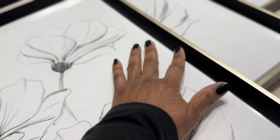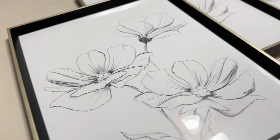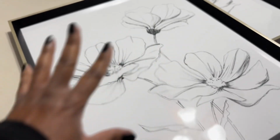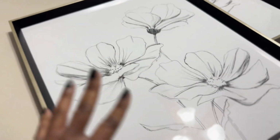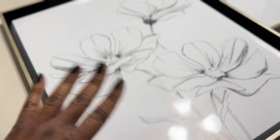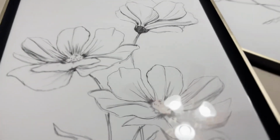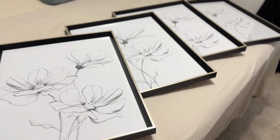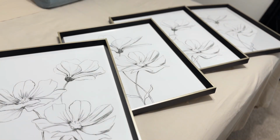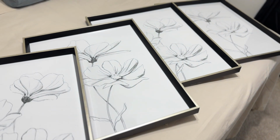The sketch art within the frame serves as the perfect canvas for this transformation. It's going to allow me to infuse my personal touch using paint to enhance the overall impact of the space. The goal here is to turn this previously unnoticed area into a stunning statement piece that will elevate, of course, the whole overall design. So in this video, I'll show you how to use paint, reimagine the art, and style it